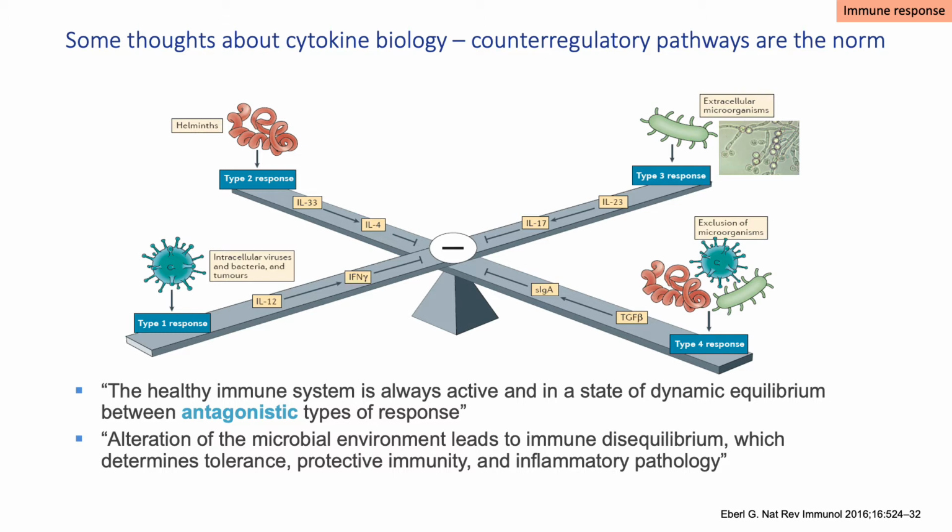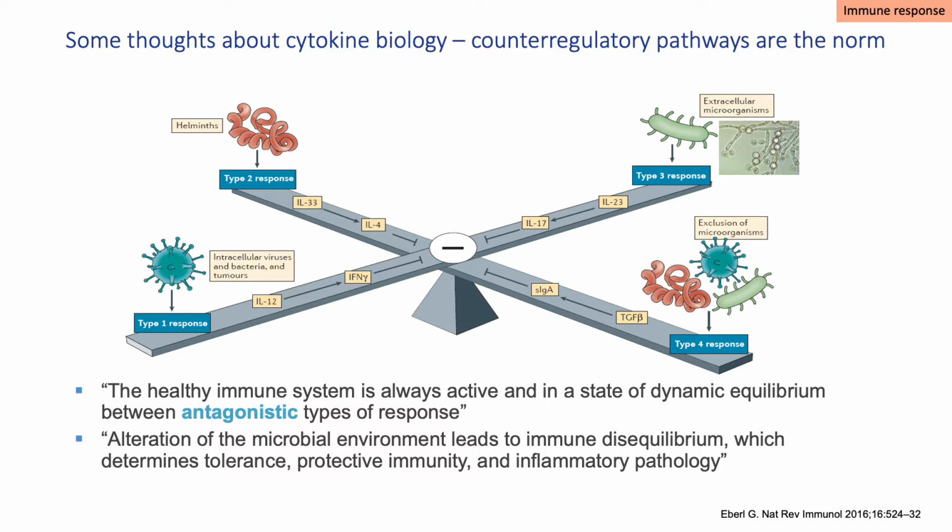And the immune system is fundamentally organized into subgroups of cytokines. So cytokines such as interferon gamma and IL-12 are involved in regulating an intracellular virus or intracellular bacterial response, a type 1 response. Cytokines like IL-4, IL-5, IL-33 lead to a type 2 response, evolved to kill helminth worms. Cytokines such as IL-17 and IL-23 drive what is called a type 3 response, particularly involved in fungal killing. And a rather loose array of cytokines such as TGF-beta are sometimes known as the type 4 response, involved in a whole range of microbial responses.